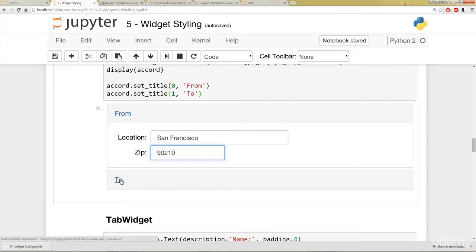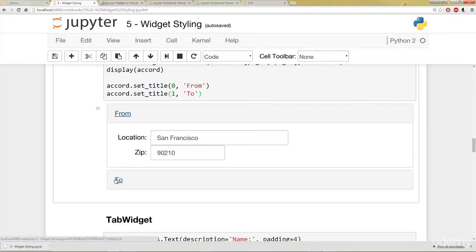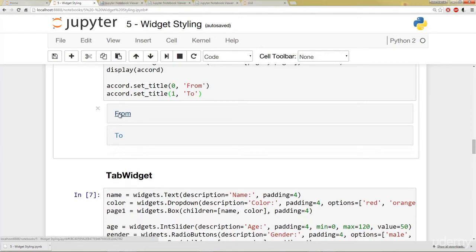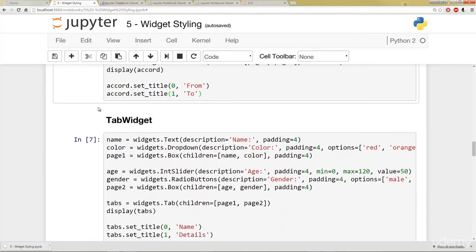And then I can click here on to, and due to the accordion structure, it'll pull up to, and then say I want to go to Los Angeles or wherever, and my zip code is 789, whatever, 999, doesn't matter. Okay, so this is what the accordion structure looks like when you're trying to stack children together. You can click them open, so it's opening and unfolding like an accordion, and you can do it for both. All right, so let's go ahead and close that.